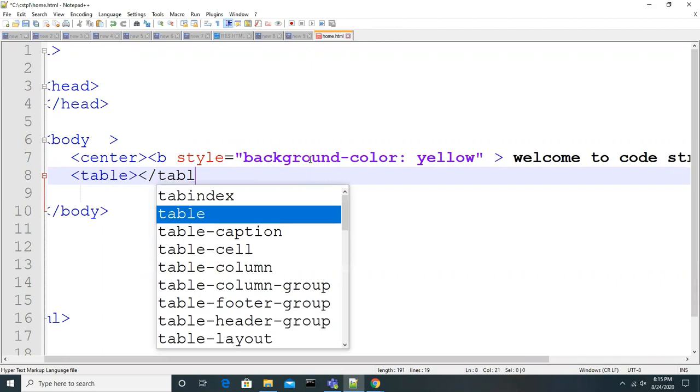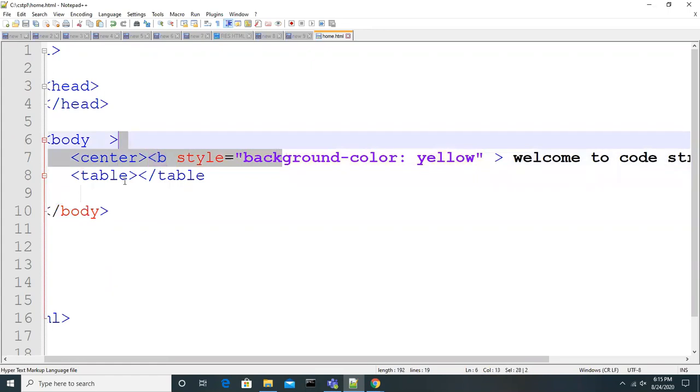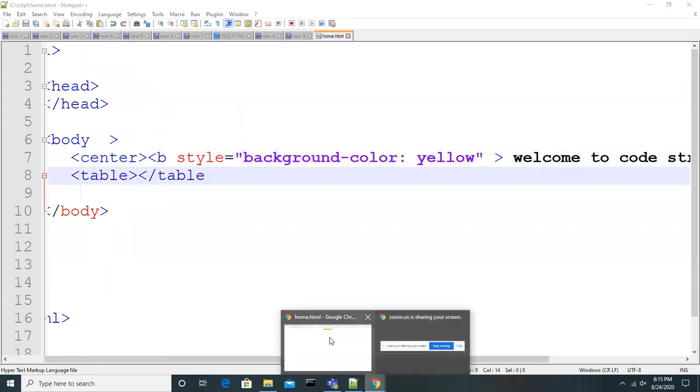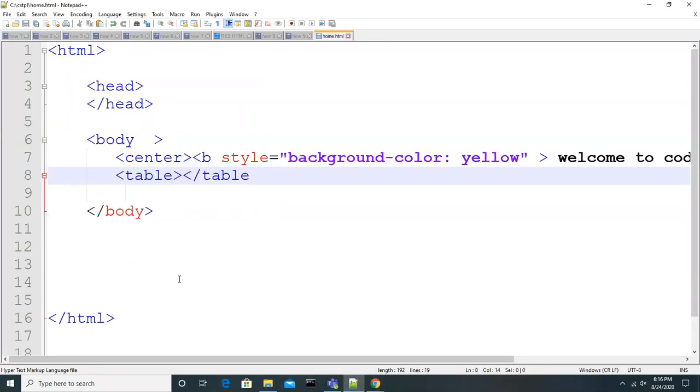You can easily learn and apply that. Even if you miss the syntax, look at this syntax level, I missed it and I'm going to compile it. Look at this, am I getting any error? Any problem? No. You don't see any errors in HTML because it's completely error free. If you miss the syntax in Java, it's not like that. Even if you miss the semicolon, it gives a compilation error. But here you don't see that kind of error. That feature may not work, but you don't see any error. It is completely error free.